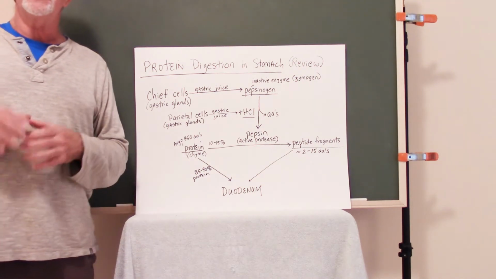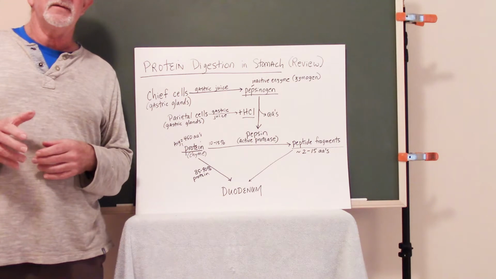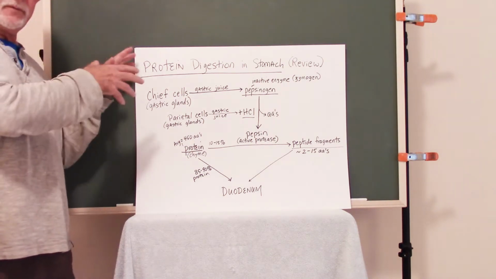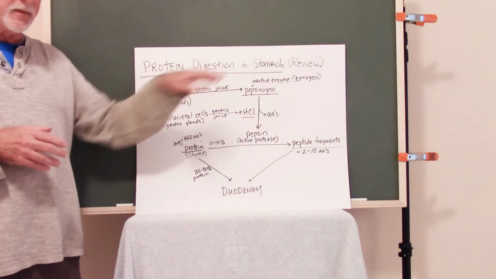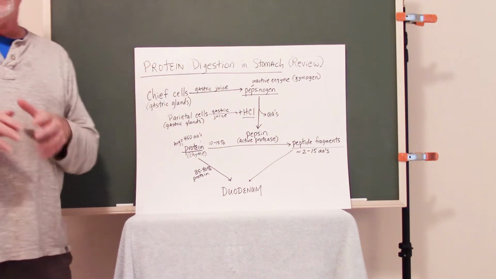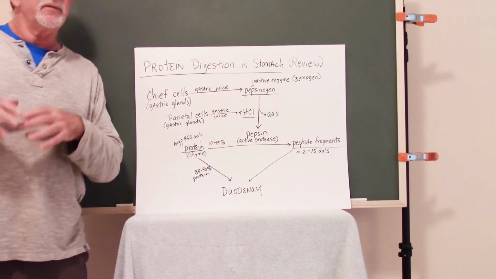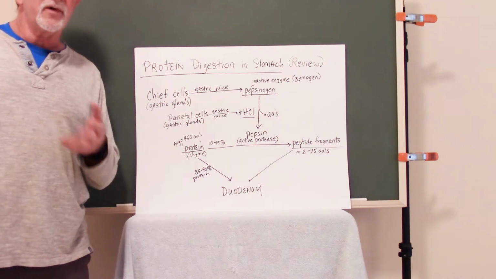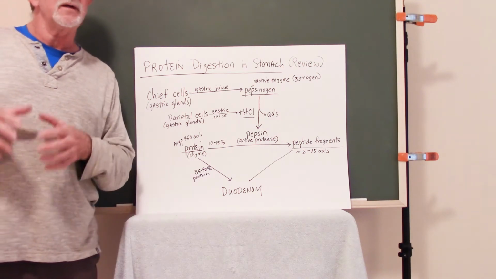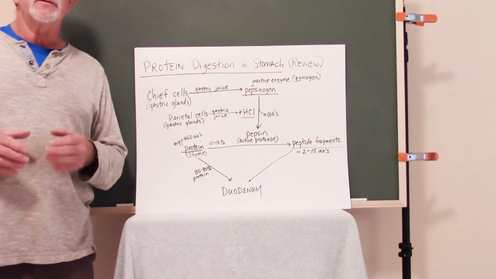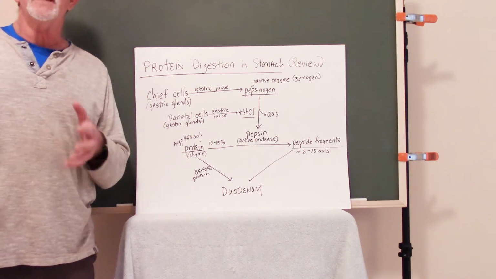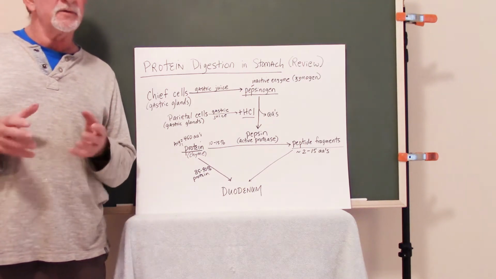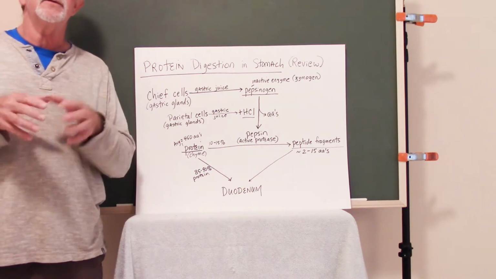Okay, let's move on to protein digestion. Before I talk about protein digestion in the small intestine, let me just review protein digestion in the stomach. The gastric glands consist of mucus cells, chief cells, sometimes called zymogenic, and parietal cells. The cells of the gastric glands secrete a solution called the gastric juice, which flows from the gastric glands through the gastric pits and then out into the lumen of